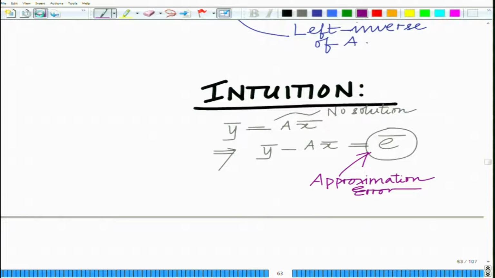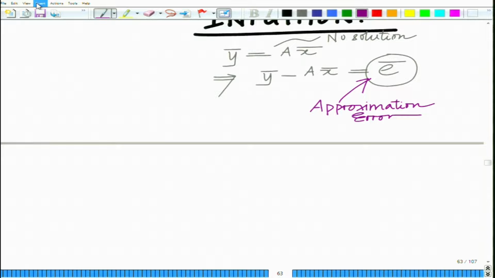So this is the approximation error. Now therefore y bar minus A x bar equals e bar, this is the approximation error. Now let me write it a little explicitly. So this will be y bar minus A, which is an m cross n matrix, which means it has n columns. So these I can denote by a1 bar, a2 bar up to an bar